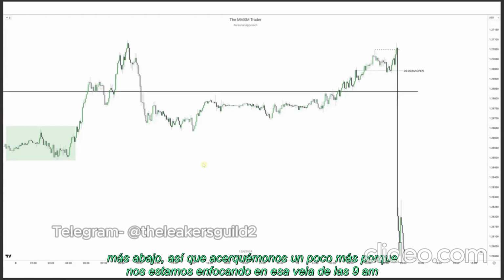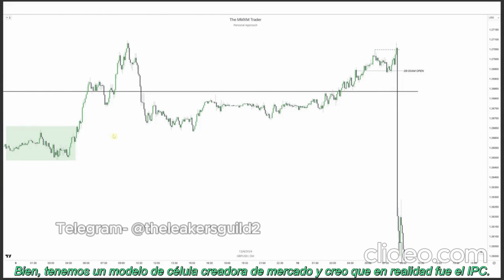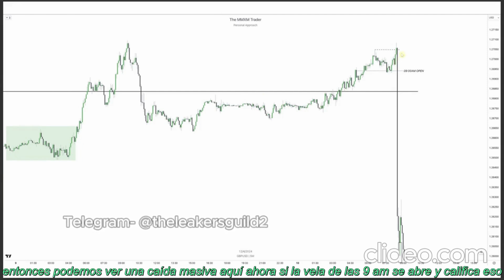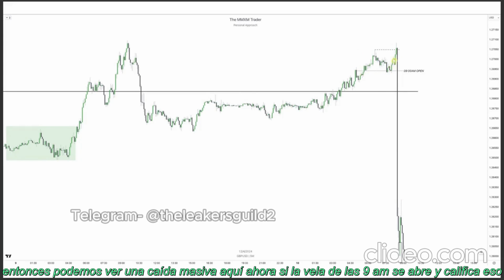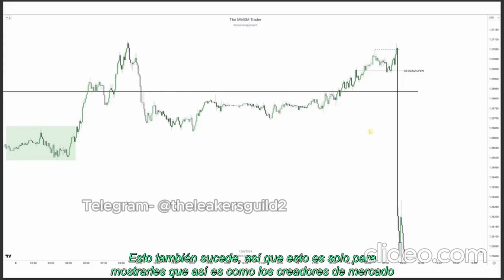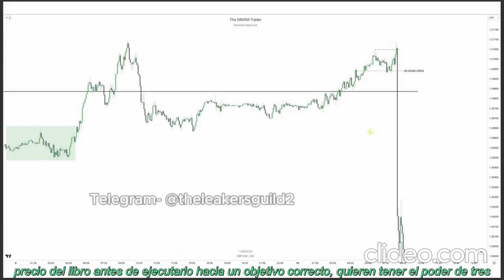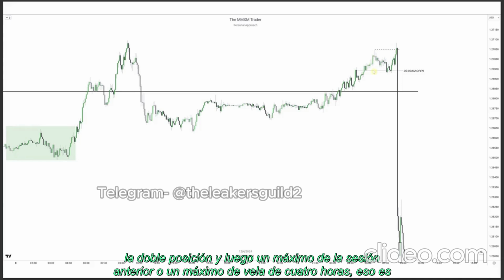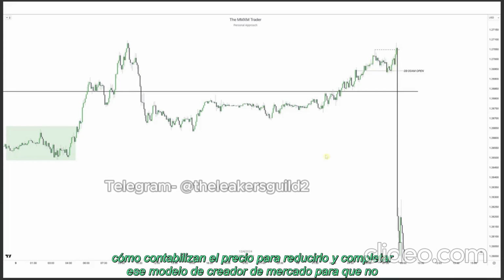So let's zoom in a little bit more, because we're focusing on that 9 a.m. candle, right? We've got a market maker sell model going on, and I think this was actually CPI. So we can see a massive drop down here. Now, if the 9 a.m. candle opens up and raids that high, how are we going to catch this? In this occasion, we're not going to catch it, right? This happens as well. So this is just to show you how the market makers book price before they run it towards a target. They want to have the power of 3, the double purge, and then a previous session high or a 4-hour candle high, right? That's how they book price to smash it down lower and complete